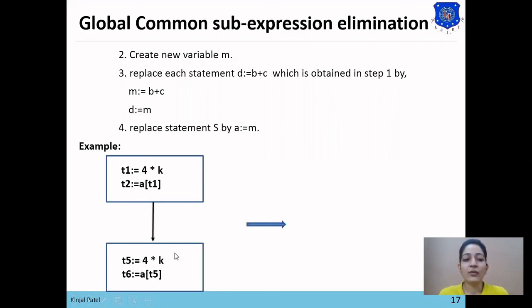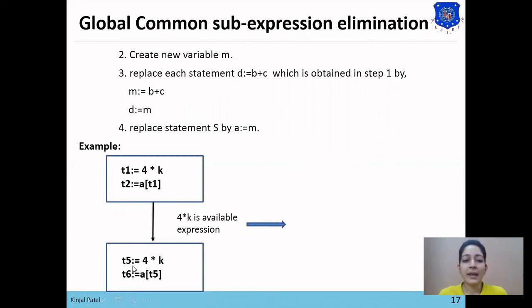So here 4 star K is an available expression for this block. So this is our statement S, and in this statement S, the 4 star K expression is an available expression.